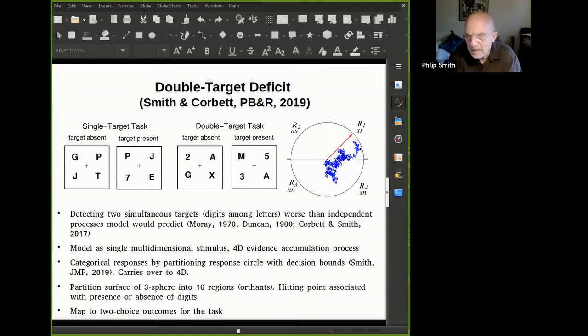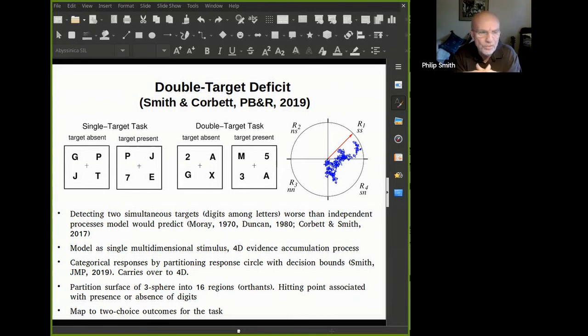This idea can be carried over fairly straightforwardly to a 4-dimensional process, which is what we did. We partitioned the hypersphere, the 3-dimensional hypersphere that is the response space, with decision bounds into 16 regions, technically orthants, which represent all possible patterns of digits and letters in a 4-element display. So there are 16 possible combinations of letters and digits, and so the 16 possible outcomes of the process